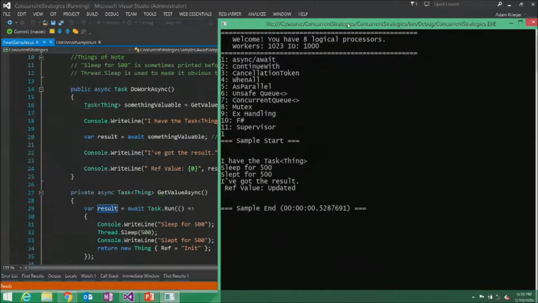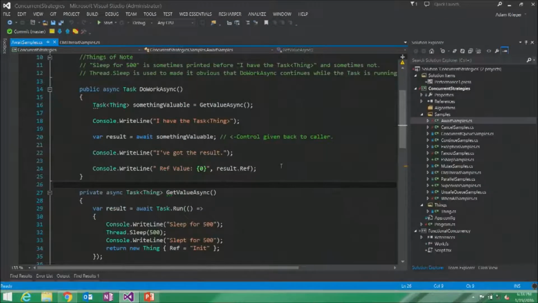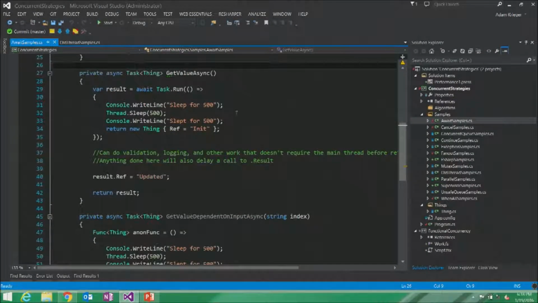And you can see that ref value is updated, so it's getting what happened after the task has finished running, not what is awaited and being passed back to the calling method. So these guys are really easy to make use of. The only thing that's a little tricky that I kind of wanted to make use of is that whenever you're calling task.run, it just takes actions, so you don't get to pass parameters into it. But what you can do is make use of closures. So you can say